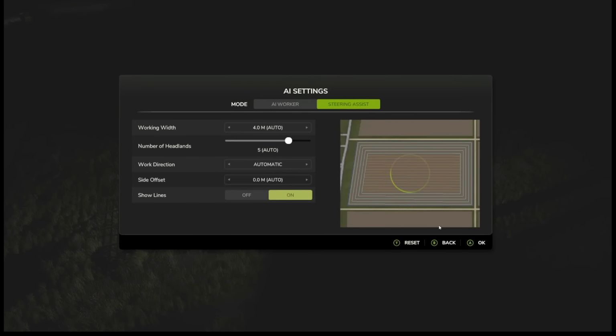But we're going to set up our steering assist. We don't need that many headlands. Let's go with 3 headlands. That's probably good. So this field is going to take a little while here, so I'll probably show you the first little bit and then cut away till the end here. But I'm not totally sure. I'll probably make those decisions in editing, but